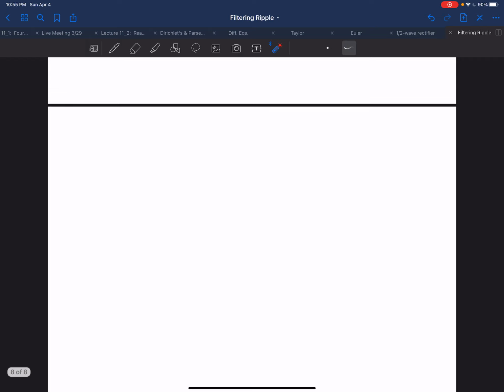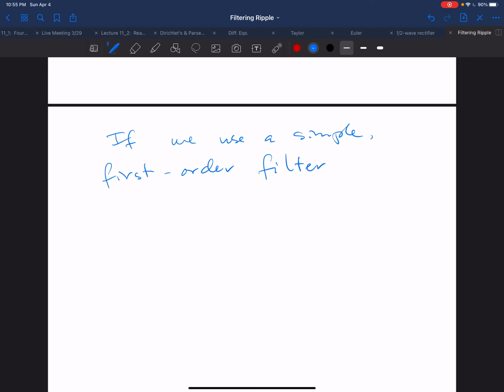We'll go through all of that. So let's suppose we're just going to use a simple first order filter. So suppose we've got